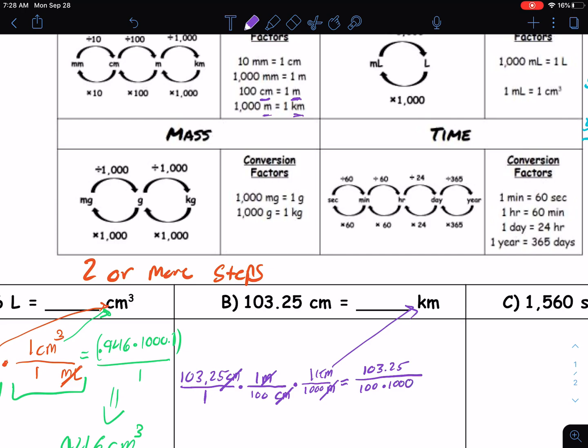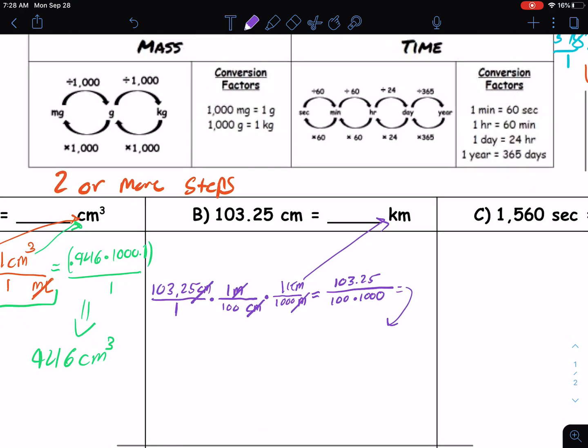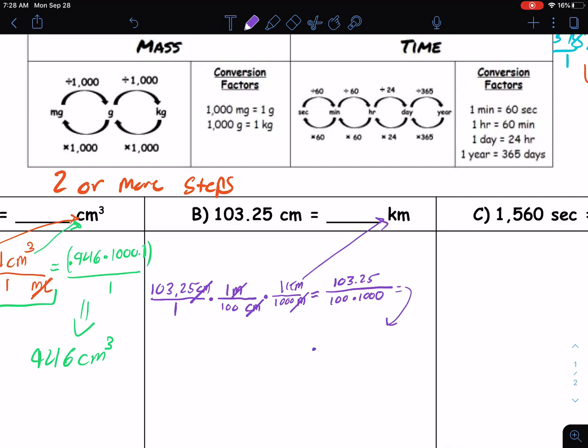Whenever you plug 103.25 divided by 100 times 1,000 into the calculator, you get 0.0010325